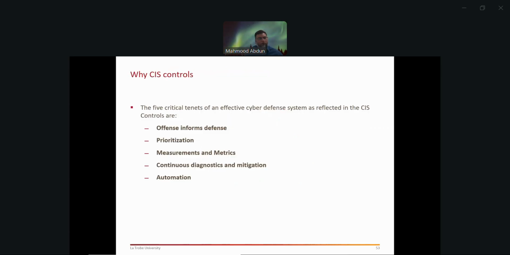So what are the benefits? The first thing is that offense informs defense. When they are looking at how they're being attacked, the kind of information these system administrators provide the defense is invaluable, because now they can prioritize which actions you need to take in order to protect from most of these attacks. And therefore it leads to prioritization. You can also measure how much you are able to defend. And also it can lead to automation. If you know exactly what you need to do, you can automate stuff. You don't have to rely on individuals to implement it.